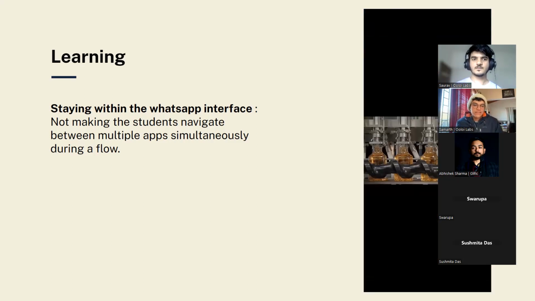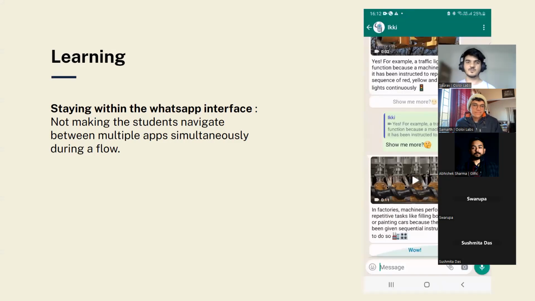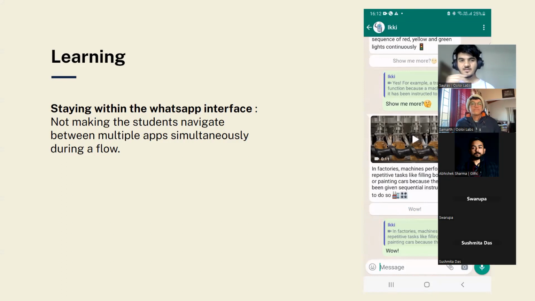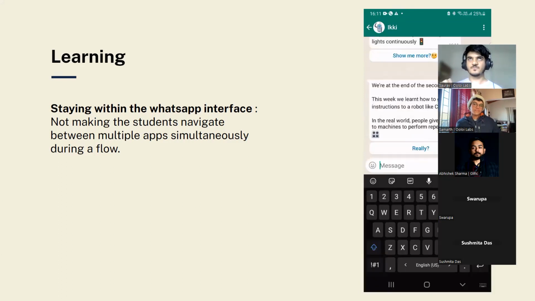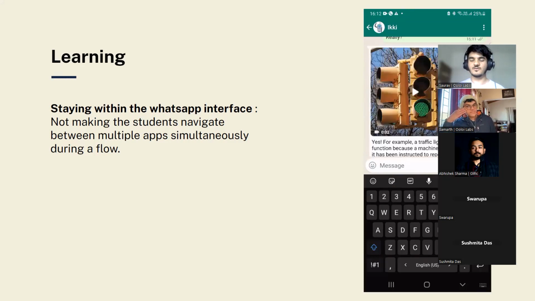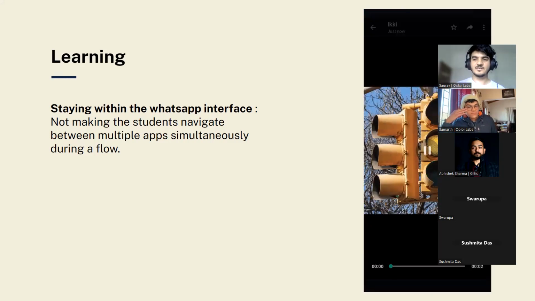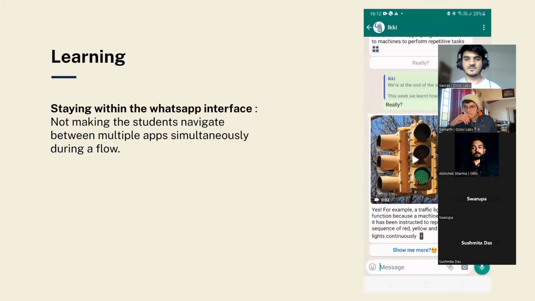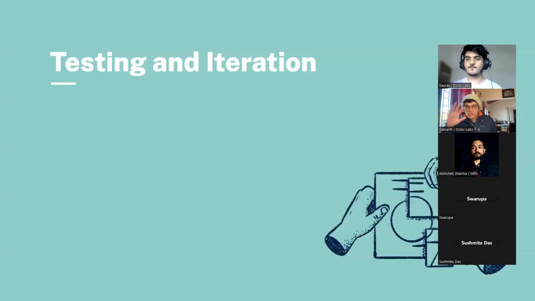Another thing we followed in this project was to ensure that we are not moving out of the WhatsApp interface at all. Because in our research, we found that sending them tutorial links or sending them to different apps to practice coding was really throwing them off, and managing the navigation between different apps was also a little confusing. Especially something like a YouTube link, which looks very benign. The minute they're out of WhatsApp, what is getting them back, right? Then the minute they've gone out to see a video, you have to send a nudge or some kind of a reminder to come back.